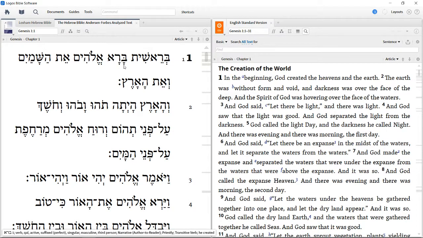The next word, bara. Bet with a kamets, resh with a kamets, and then the aleph. Bereshit bara. Elohim. Aleph with a hatef segol, that short e sound, followed by a lamed with a holam. Lohim. Elohim. Et